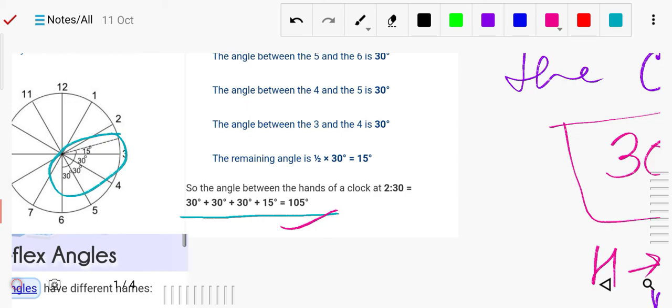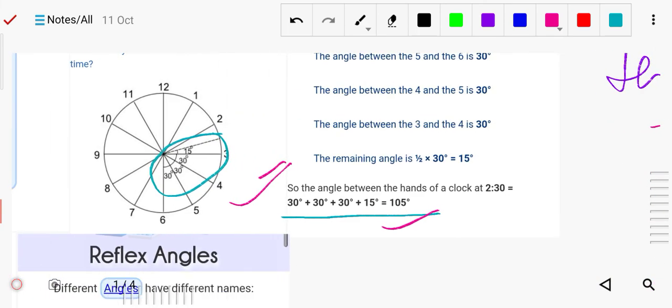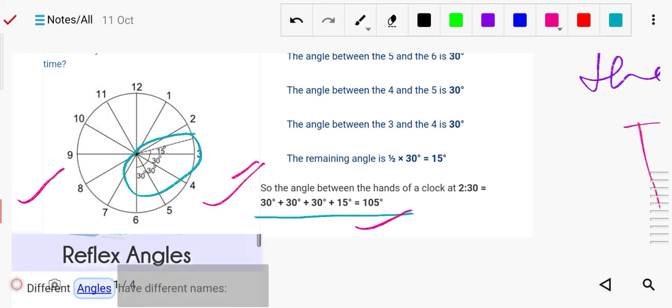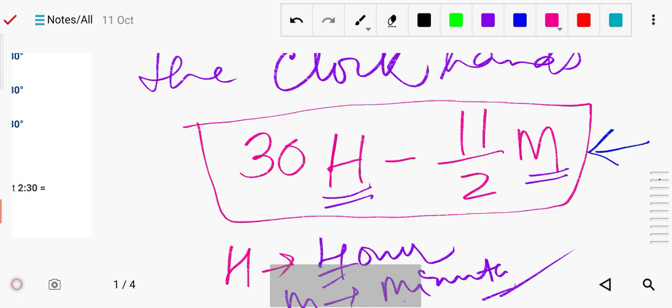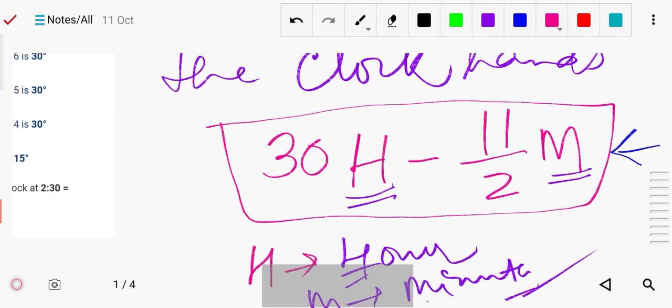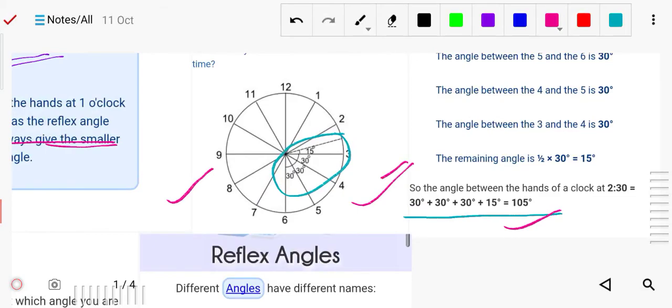If the time is given like 2 hours 30 minutes, or 11 o'clock 40 minutes, so 11 hours 40 minutes, you can do it by this method also. You have to calculate it a little bit manually, check whatever angle is covered, add it and find the value. Otherwise, directly use the formula 30h minus 11 by 2m. But you have to solve by this method, okay. Now